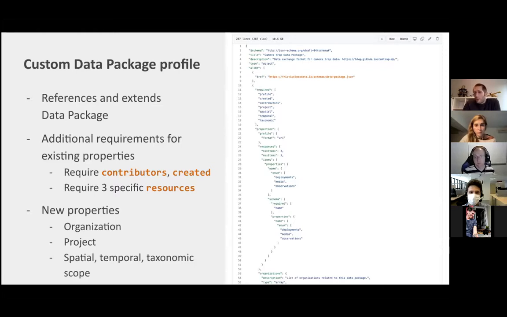For example, the organization that captured the data, the project information with some sampling setup and some project or study level metadata to really describe how this data was captured. And then also the spatial, temporal, and taxonomic scope of this data set. From when till when was this project set up, at what place, and what are the species that were captured